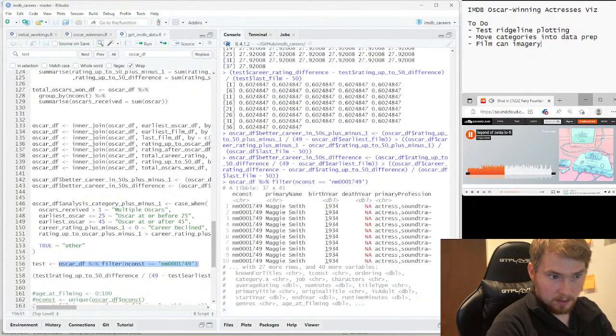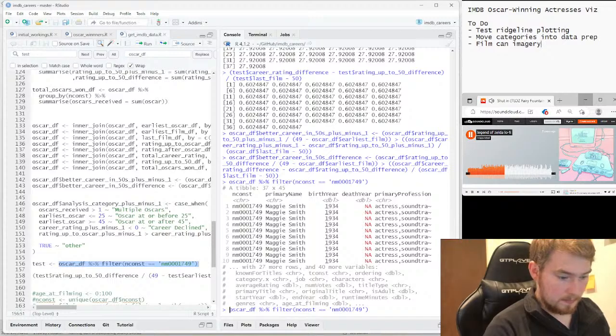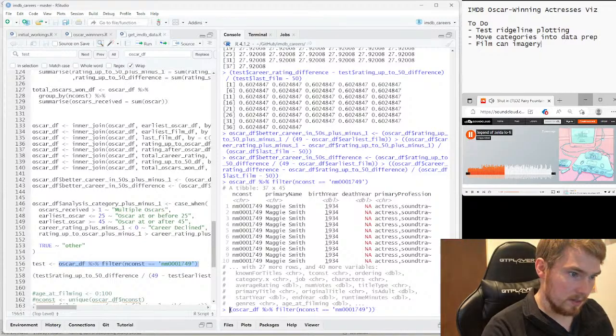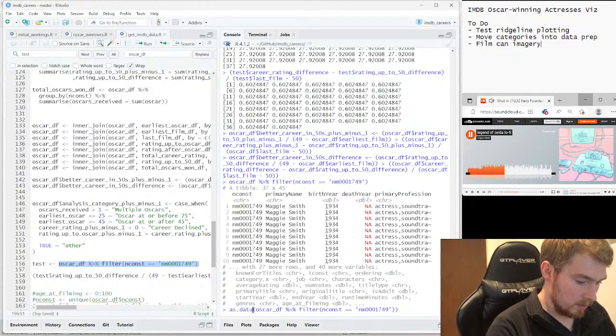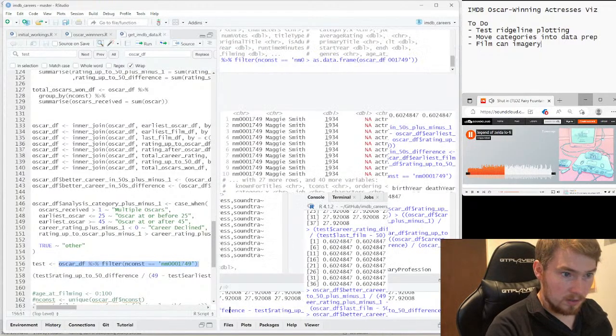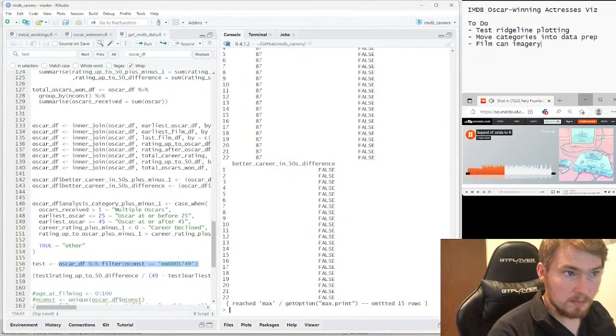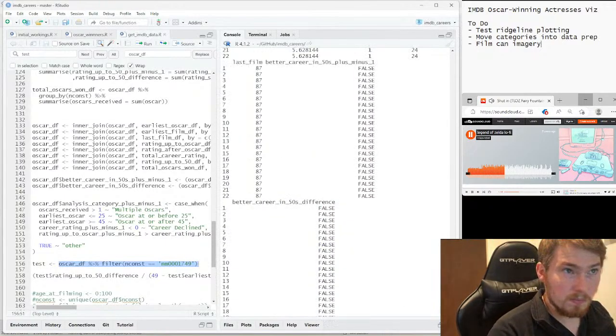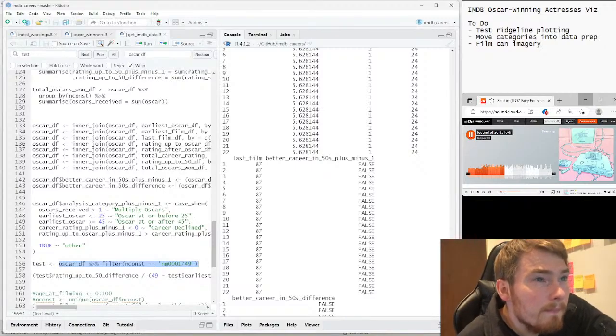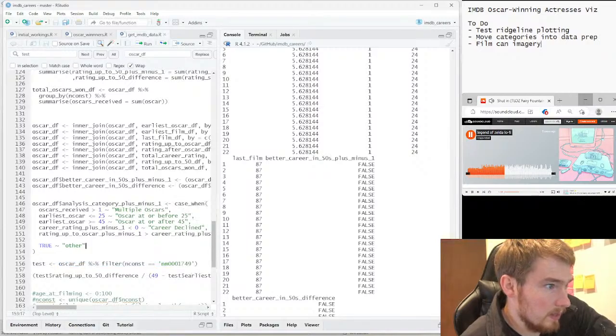Filter for Maggie again. And then call this as a data frame. So have I got that in the right way?